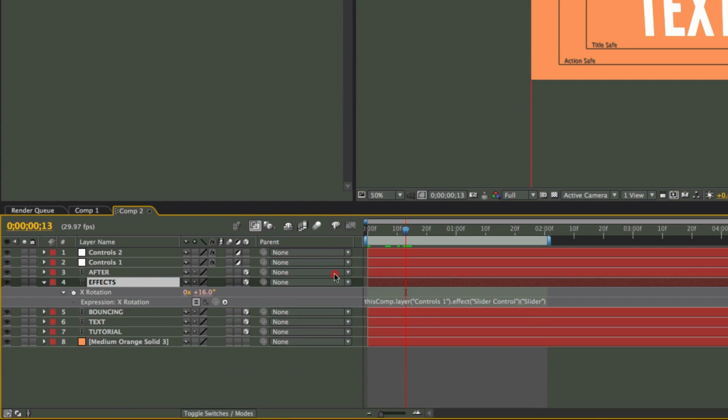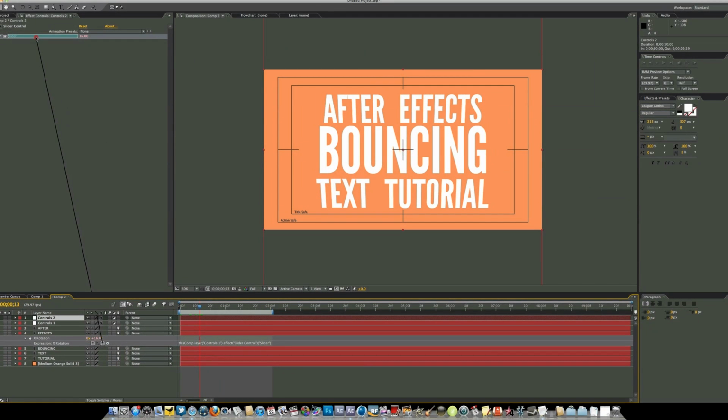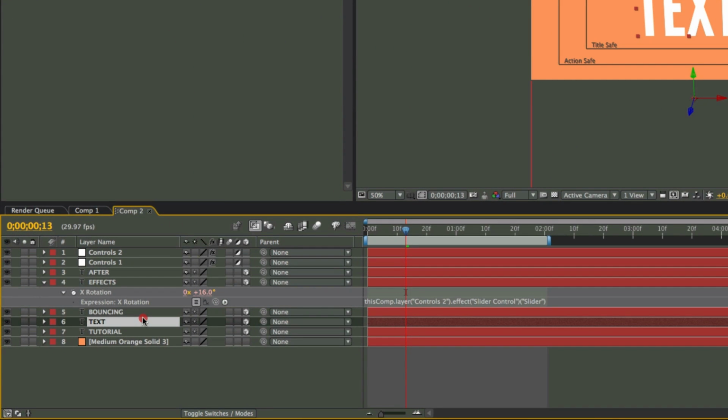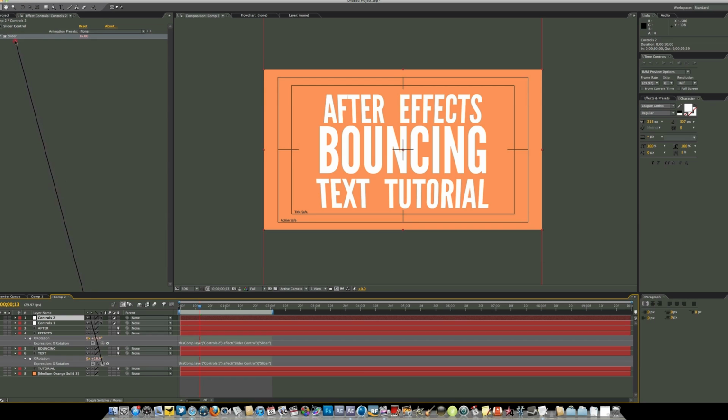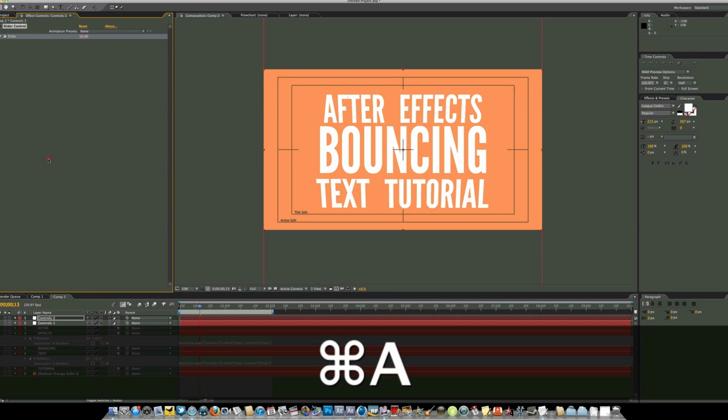hit U on the keyboard, that's going to bring up our X rotation, and all we have to do is pick whip. Instead of pick whipping it to Controls 1, we just pick whip it to the Controls 2 that we've just duplicated, and we're going to do the same to text. So that's U on the keyboard, that will bring up our X rotation, select our Controls 2, pick whip that to the slider of Controls 2, and now all you have to do